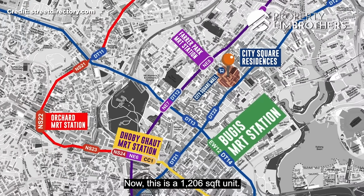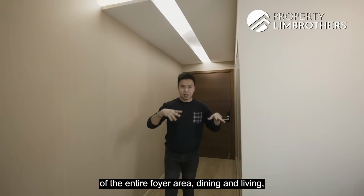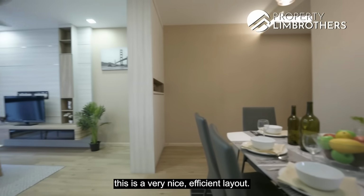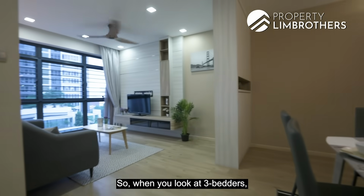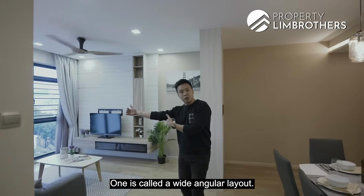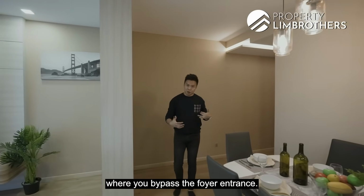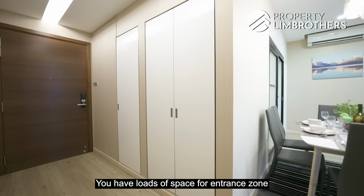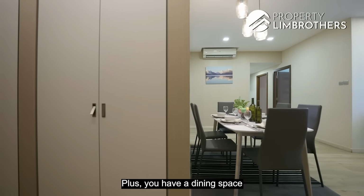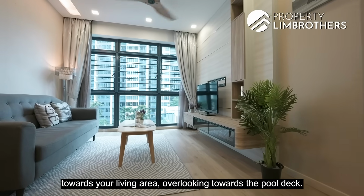Now this is a 1206 square feet unit. If I were to bring out the layout of the entire foyer area, dining and living, this is a very nice, efficient layout. So when you look at 3-bedders, there are technically 2 different types of layout. One is called a wide angular layout. One is called a very straight cut layout like this, where you bypass the foyer entrance. You have loads of space for your entrance zone to build your own shoe cabinetry system. Plus you have a dining space, and that would then move inwards towards your living area, overlooking towards the pool